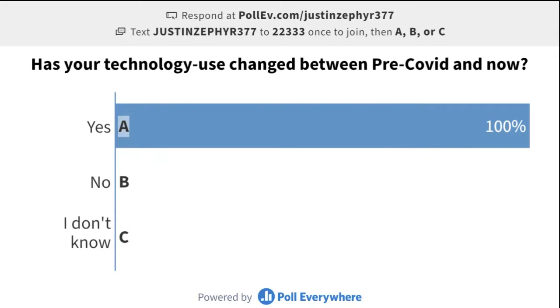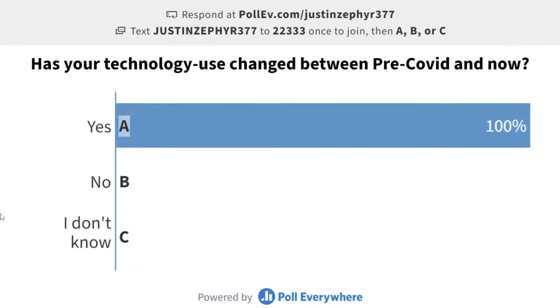All right, so far 100%, as expected. Has your technology use changed between pre-COVID and now? I would imagine so. This is technically the second year of the pandemic, and I'm glad to see that this is indicative of your ability to adapt or adjust your instruction, because that's really what this is all about.